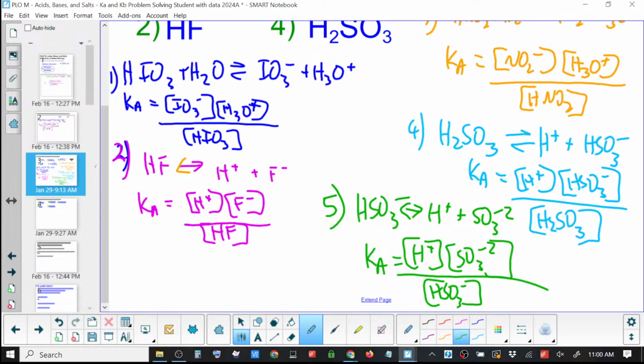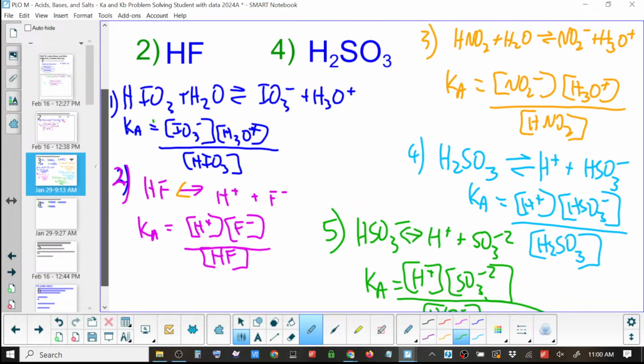Okay. Now, a couple of things. For some of these, I reacted them with water, and other ones I did not. What is the difference between those equations? Why would I do it for some of them and not others? Yeah. Simplified. I just didn't want to write water. So, any acid equation, you can always react water and get the true product, which is HCl plus, or you can simplify it and take the water out.